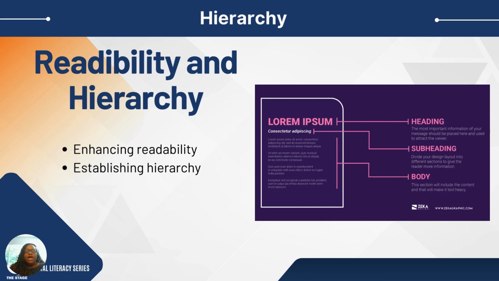Hierarchy itself helps to guide the reader's eye to what's most important, using different font sizes and weights to create a clear visual hierarchy. As we see in our example here, the heading is the most important information. It's usually placed around the top of the document, and even that placement is likely to attract the viewer. Then we have the subheading. Now, that helps to divide up your design layout into different sections to give the reader